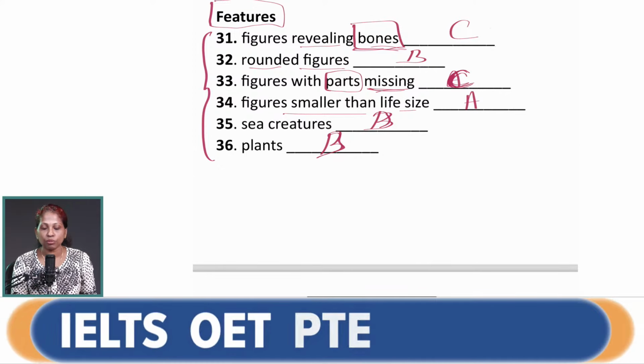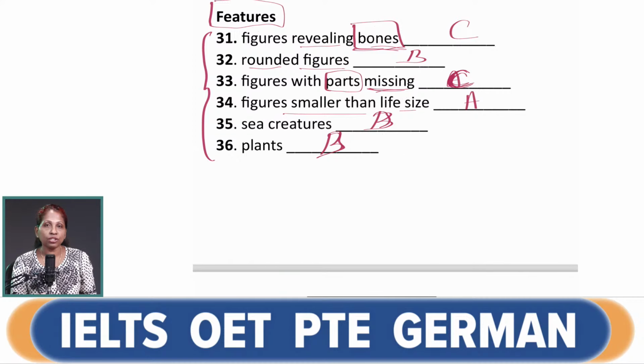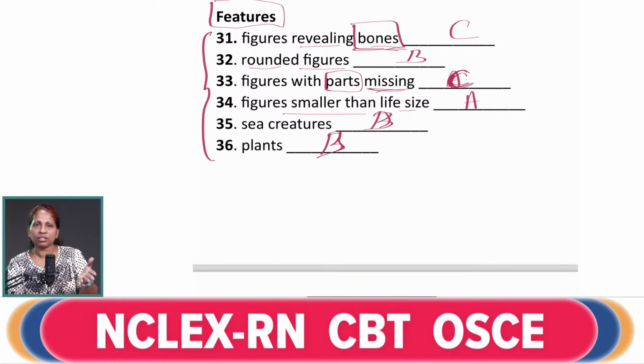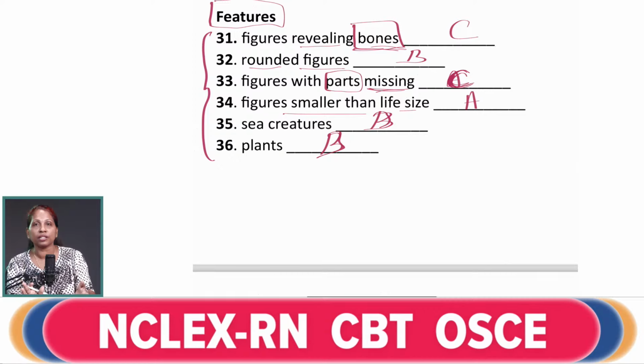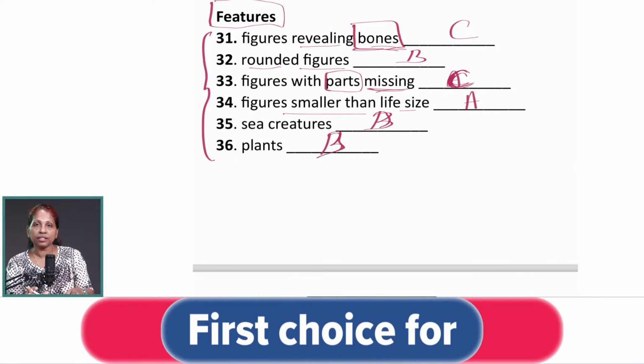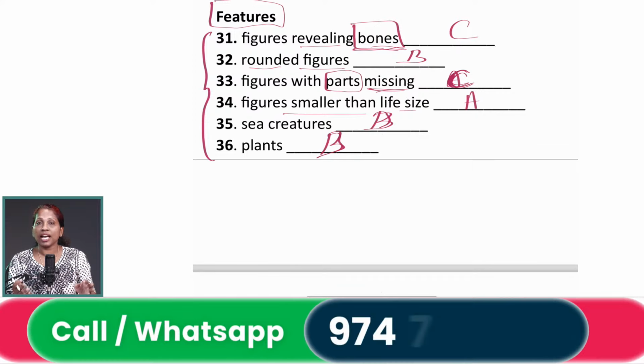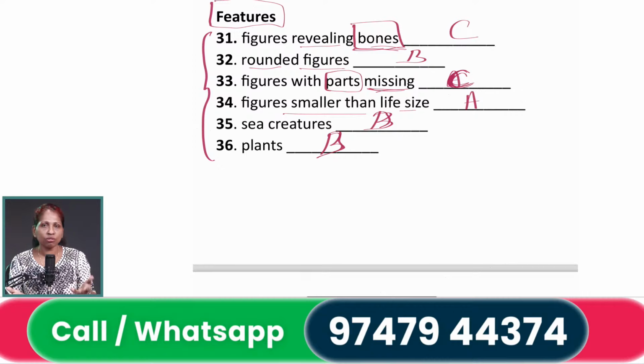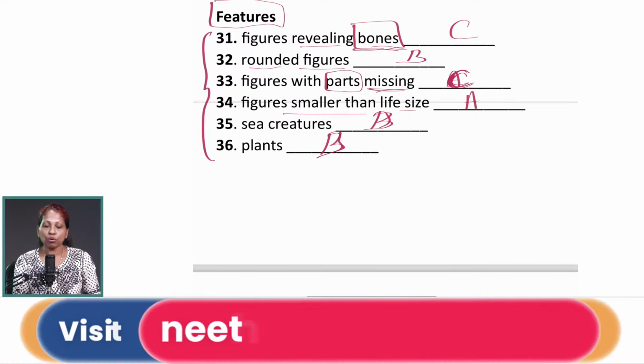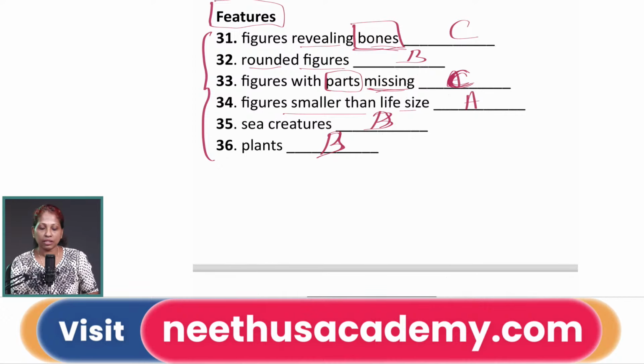This is matching features. This is how your matching features will be: some names about some person, some place or something, like here it was painting features, and then some painting names and their features are given. Maybe sometimes they will give some building, a structure, 2-3 structures, and then some features of those structures. It can be like that too, depending on the audio clip. So this is what matching is in the listening hour.